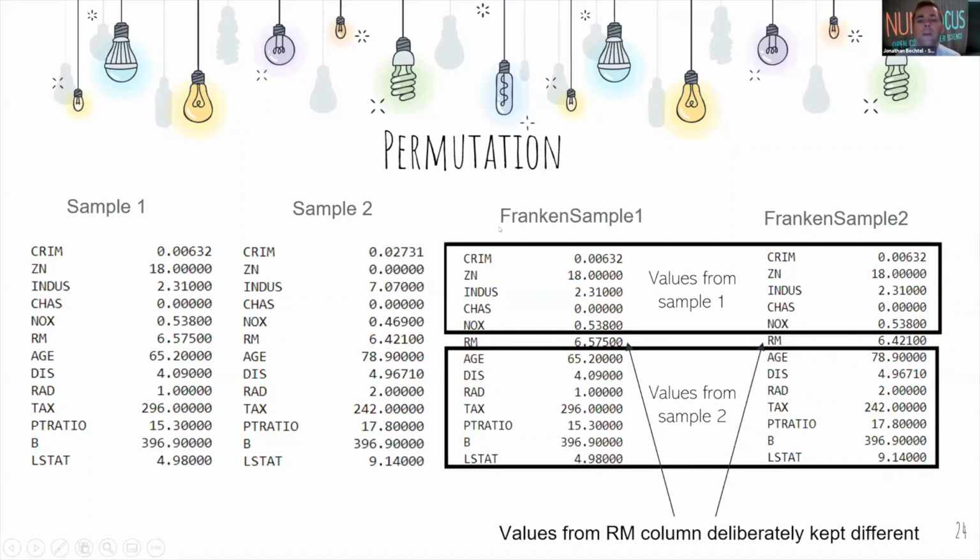If you look at Franken sample 1 right over here, and then if you look at sample 1 right over here, the big thing is that the columns crime through Knox basically belong to sample 1. However, if you look at the values for age right over here,